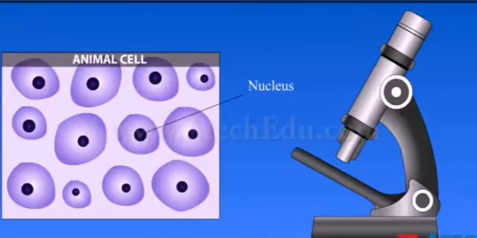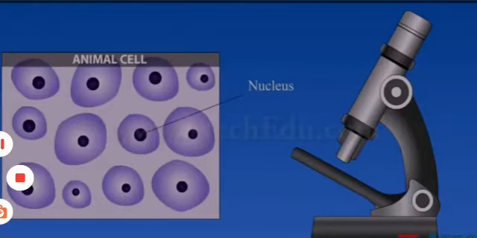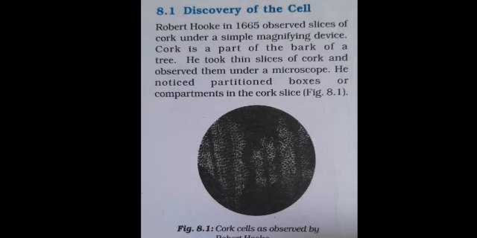Let us see a few more examples to understand the concept. Students, each cell consists of a vacuole, nucleus and cytoplasm. Similarly, when a thin skin sample of an animal is seen under a microscope, similar basic units are observed. These cells have a dark nucleus at the center. Cells are studied with the help of a microscope. Now let us see the discovery of the cell.